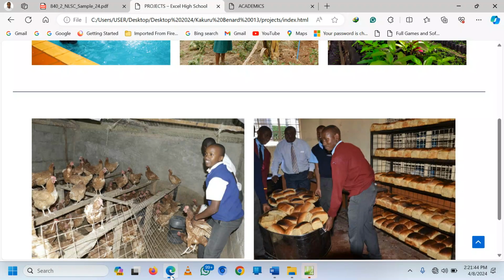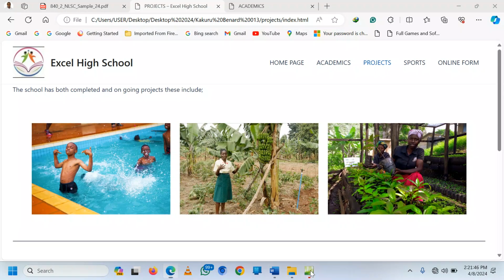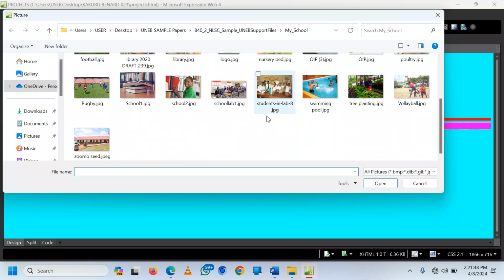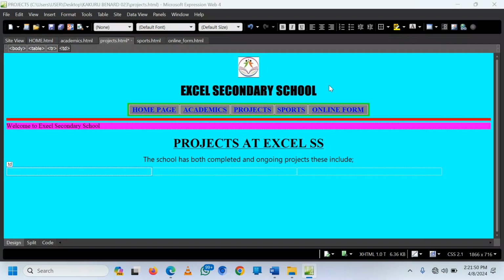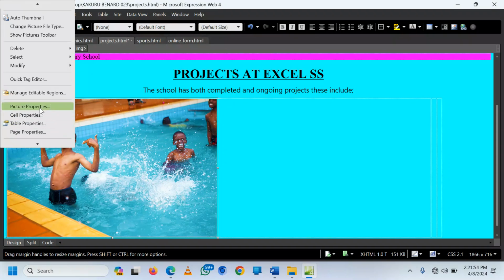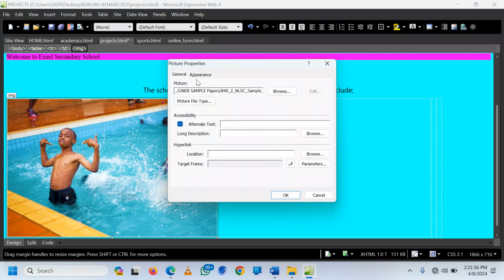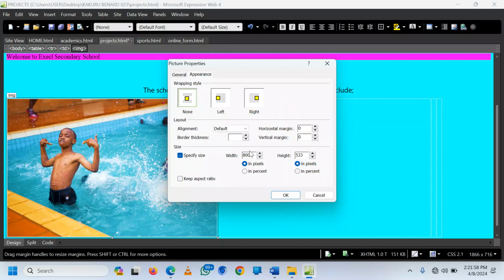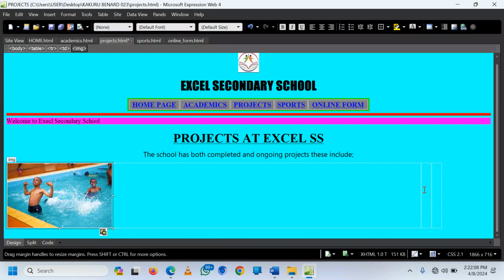We need a student in the swimming pool. So we look for that. We click OK. We can right click, picture properties, appearance, remove aspect ratio. We can maintain, say 400 by 250. Click OK. Click in the next cell,